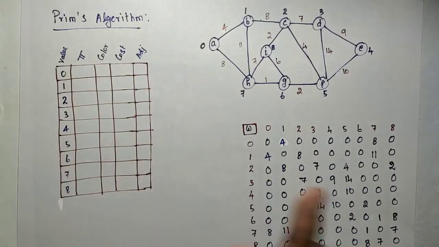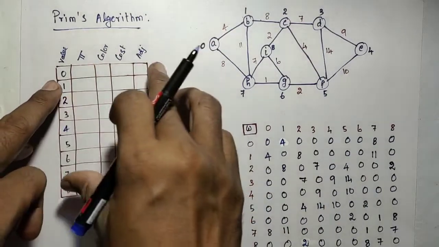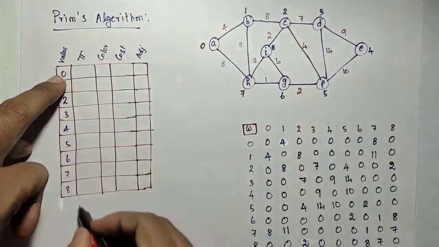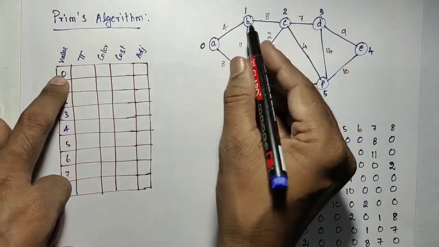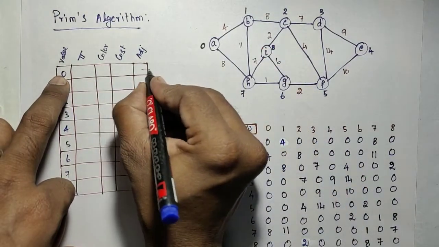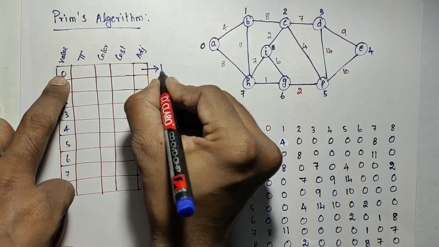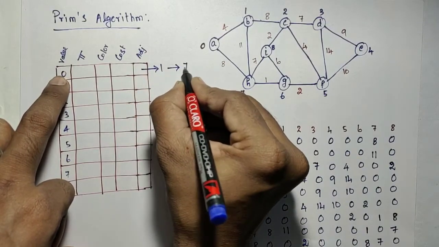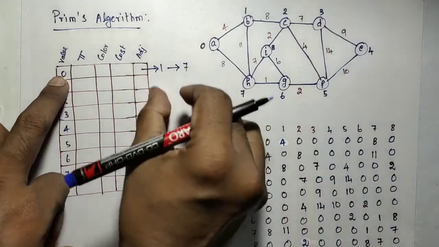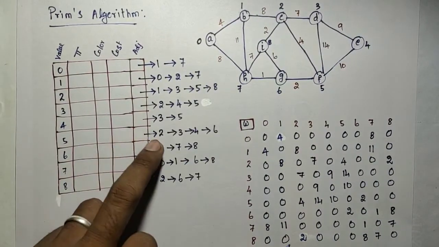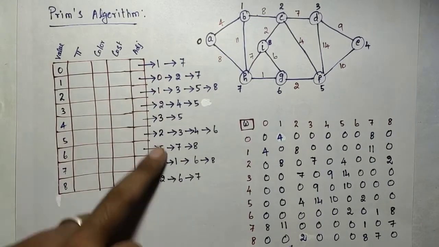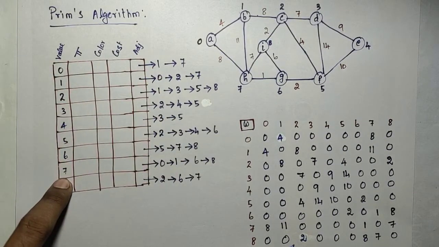Okay, so now you fill that adjacency list representation, value and adjacent nodes. For 0, 1 and 7. For 1, then 7. Okay, so like that you fill all this. So this is the adjacency list we have filled. And then the value we have filled.